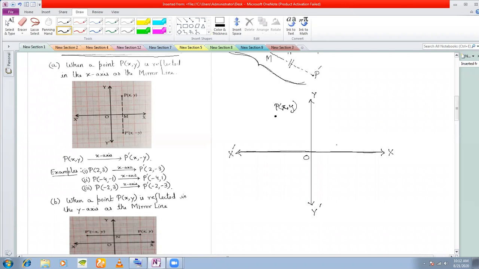Now if you remember, I told you if a straight line is the mirror, then you draw a perpendicular from here on the x-axis and you measure this distance. And now from this foot of perpendicular, you take the same distance and we reach a point P dashed. And this should be the image of the point P. Let us take a real life example. In this, what happens? Let us take this 1, 2, 3.